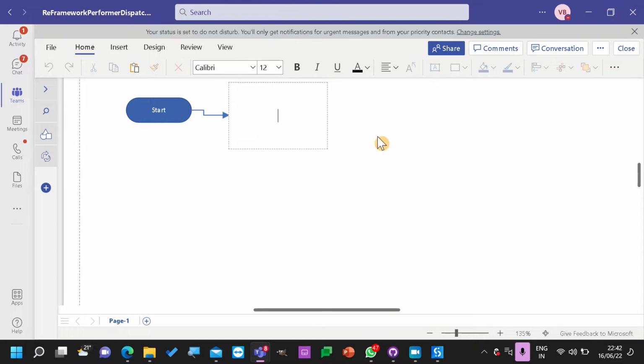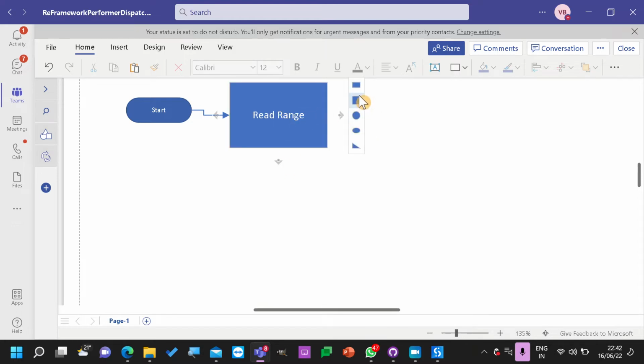We are trying to read information, read range, and once we read the values, we are trying to add items to queue.